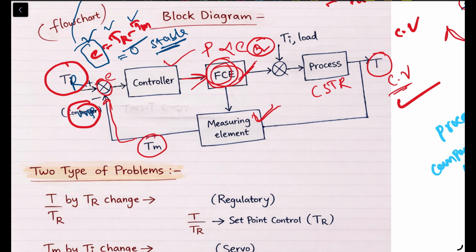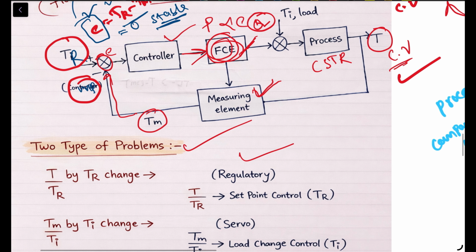It's very, very important. Then also we discussed two types of control problems. One is the regulatory control problem, the other one is the servo type of control problem. In the regulatory control problem, the set point remains constant. Here the set point remains constant. So the system has to reject the